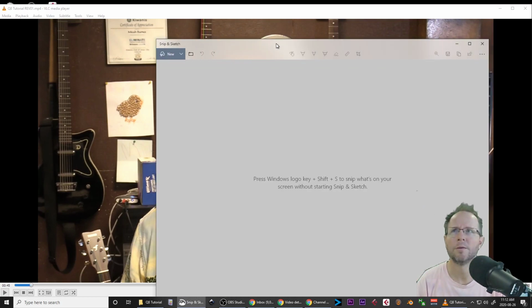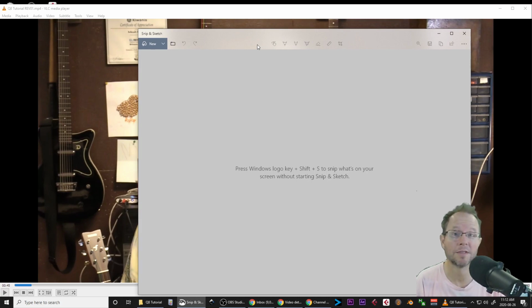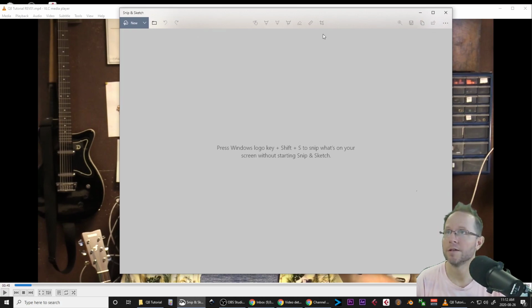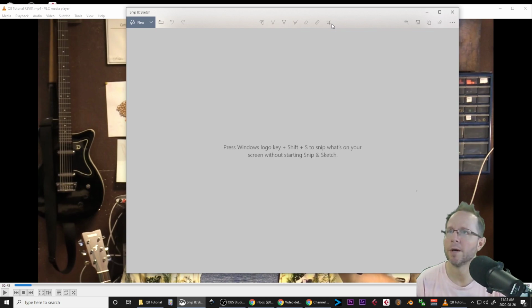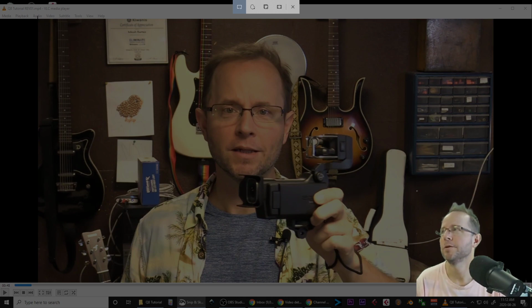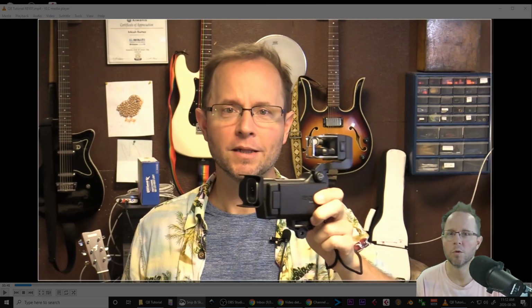All right, so I'm going to use that as my canvas, as it were. I'm on Windows here. On a Mac, I'm not sure what you'd use, but you can do a screenshot. In Windows 10, they now use what's called Snip and Sketch. You can use any sorts of things. You can use the screenshot button on your keyboard, but I just find it just as easy to pull this program up. It comes with your operating system. I'm going to create a new one, and then I'm going to get roughly corner to corner,